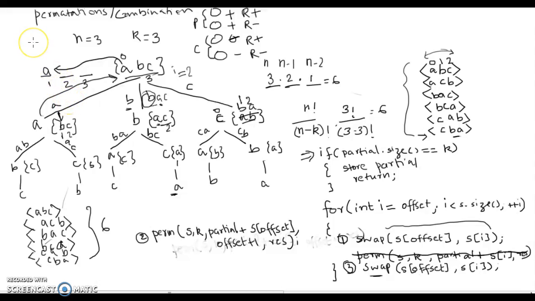All right. Next, we'll look at combinations, and the two choices were combinations with repetitions and combinations without